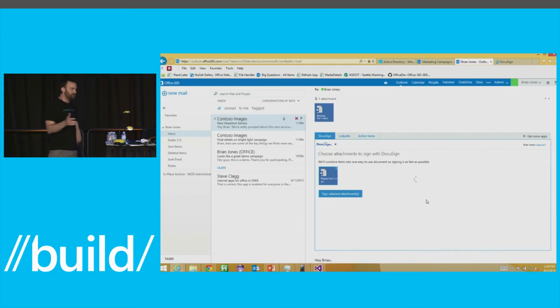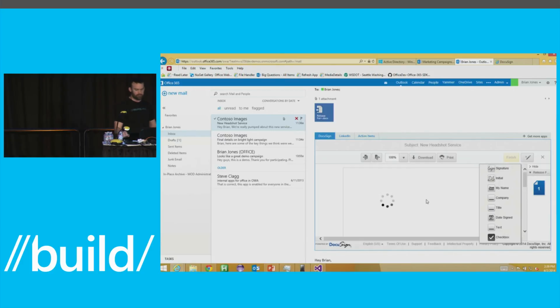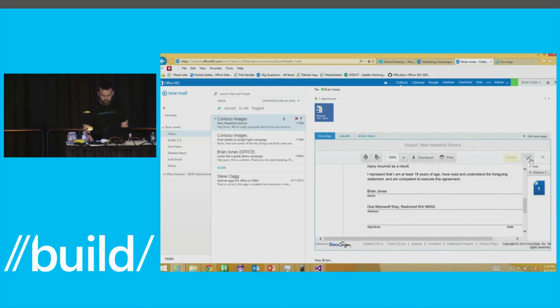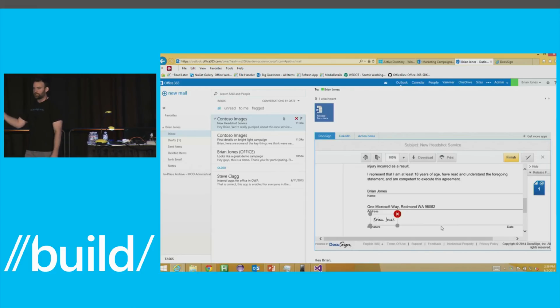And then rather than me having to print this thing up, sign it, fax it back, I can just scroll down to where I'm supposed to sign, say I want to insert my signature, drag, drop that right there, and just reply back, right? So really lightweight, simple, easy example of an app. The DocuSign guys built this pretty quickly because it's just using HTML and JavaScript. So they already have a bunch of this stuff working on their site today, and they were able to just integrate that into Outlook.